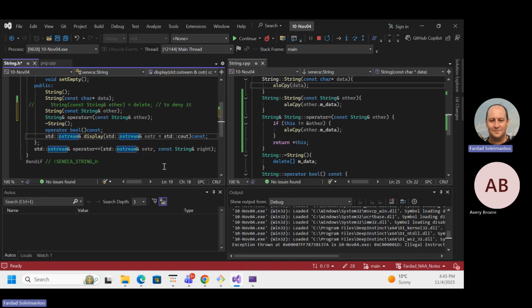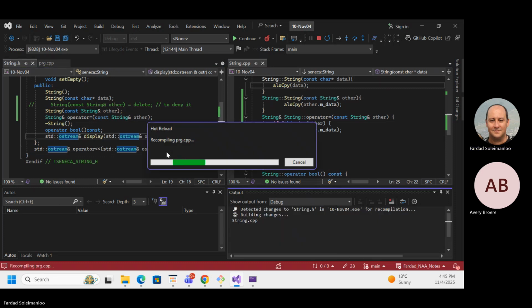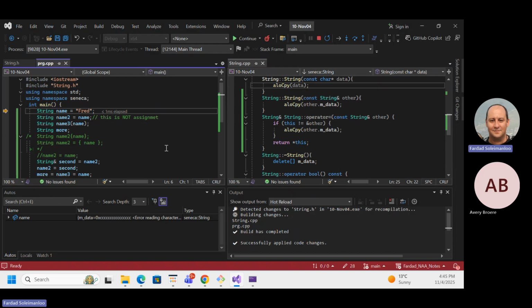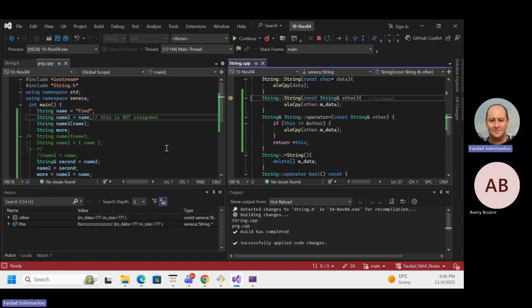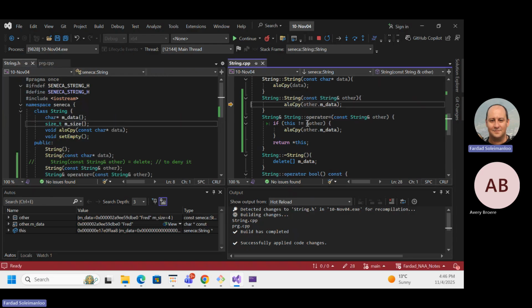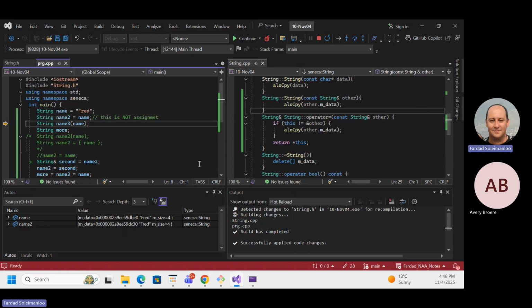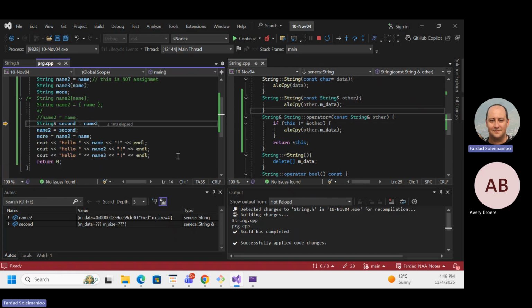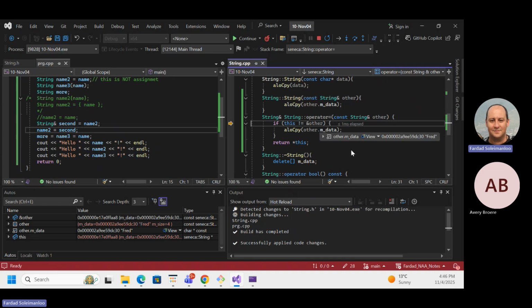But anyways, now let's walk through this. So this is a constructor. This is the copy constructor. So it goes to the copy constructor and everything is good. So copying happens, comes out. This is again the copy constructor. I'm not going to bother you with that. This is just the default constructor. That's fine. Now in here, I'm creating a reference. Nothing happens. In here, I am copying something to itself. So when it comes in here, it asks, am I the other one? It says yes. So ignore it. Don't do anything. Jumps up.